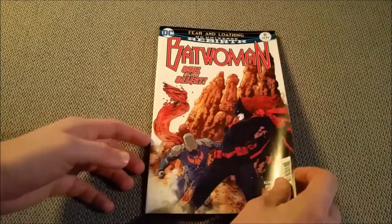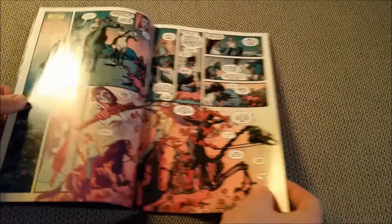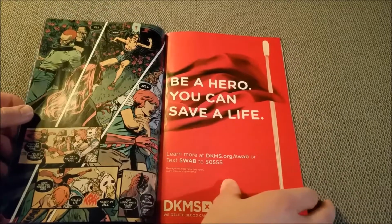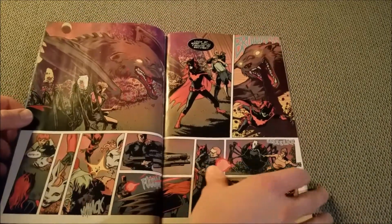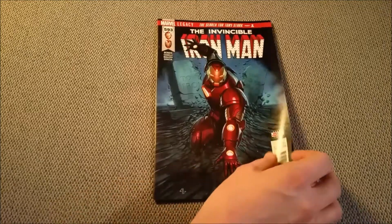Fernando Blanco's art in this series. Hopefully he's going to be the main artist from now on, because this really works well, and the story has picked up significantly with this series. Then we have Invincible Iron Man, the relaunch with another volume, basically relaunched to number 593